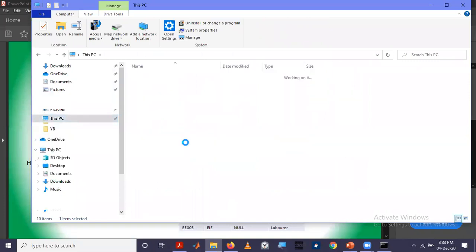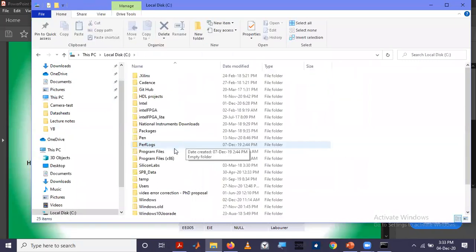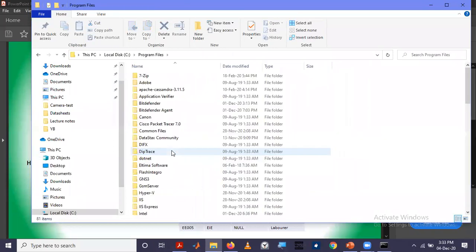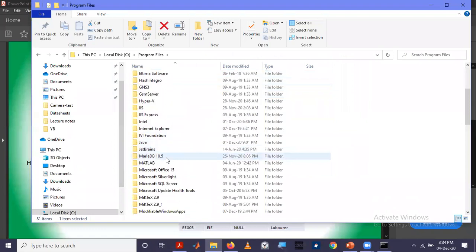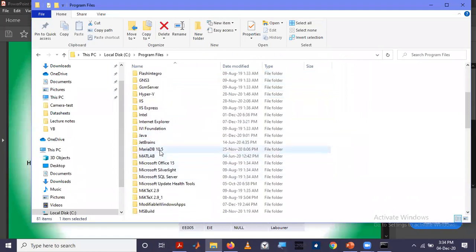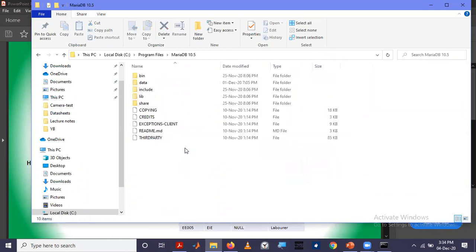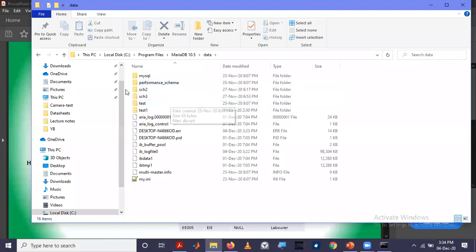I have installed in the default directory. You can go to the installation directory of the MariaDB client, and in this data folder, the schemas that you create are stored.